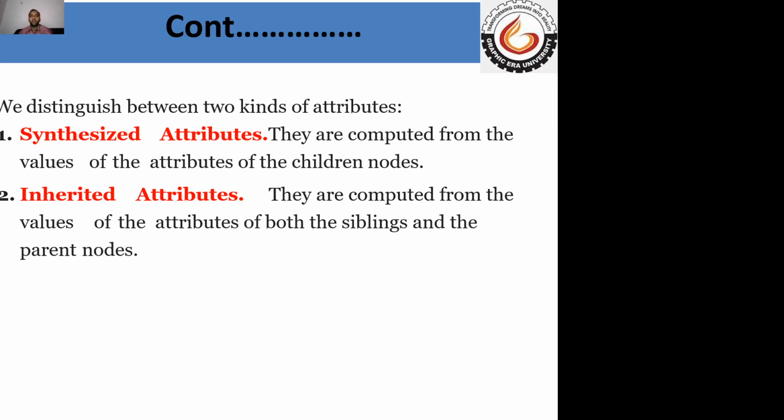Which means if we have an annotated parse tree, now how is the semantic structure built? The semantic structure is built by using semantic definitions, by computing syntax directed definition, and the syntax directed definition is computed by synthesized attribute. So what does synthesized attribute say? Synthesized attributes are computed from their child nodes, which means